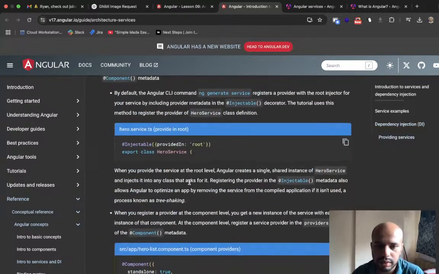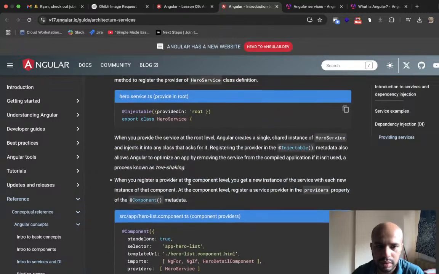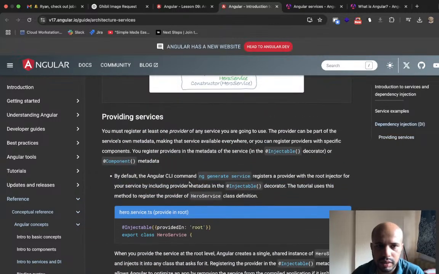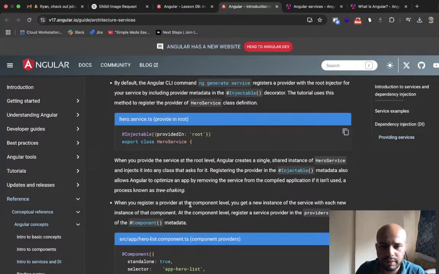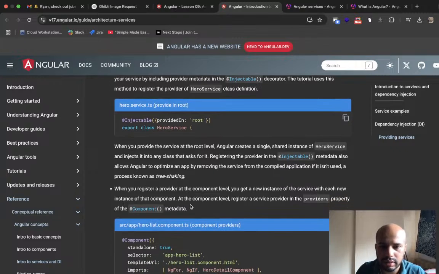This is providing services. Providing services, you must register at least one provider of any service you are going to use. The provider can be part of the service's own metadata, making the service available everywhere. By default, the Angular CLI registers providers with the root injector. Injectable provided in root, export class HeroService. When you register a provider at a component level, you get an instance of the service